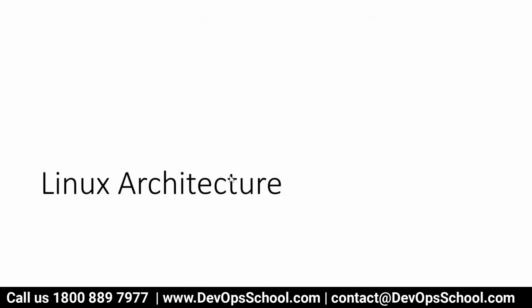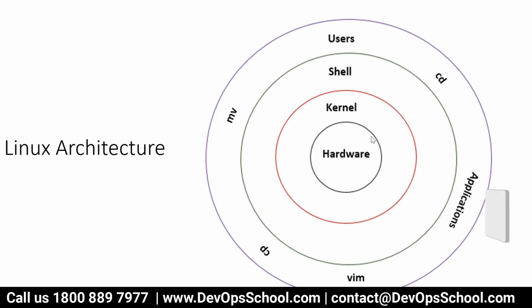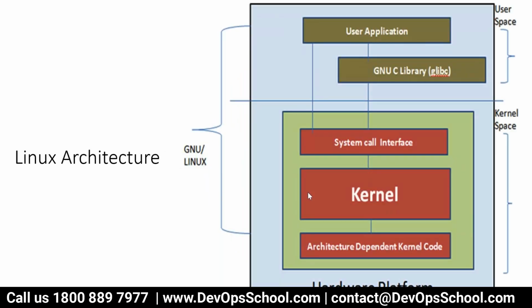Okay, so all of you have understood that space concept? Yes. Okay, so Linux architecture. This image you might have seen a lot of times. So here hardware, on top of that kernel, on top of that the shell, on top of that all these applications which you have. Between the kernel and the user, the system call interface is there. See that? It basically helps users access the complete resources.